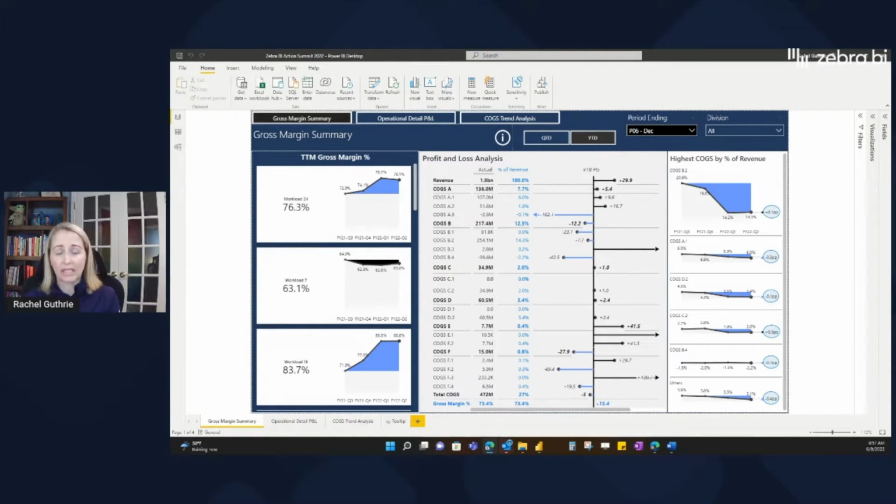For accessibility, I've chosen the colorblind friendly format in the Zebra visual instead of the customary red and green. This makes it easier for people with visual impairments to distinguish the color contrast in the visual. The profit and loss visual takes front and center of this first page, showing the highest level executive view that